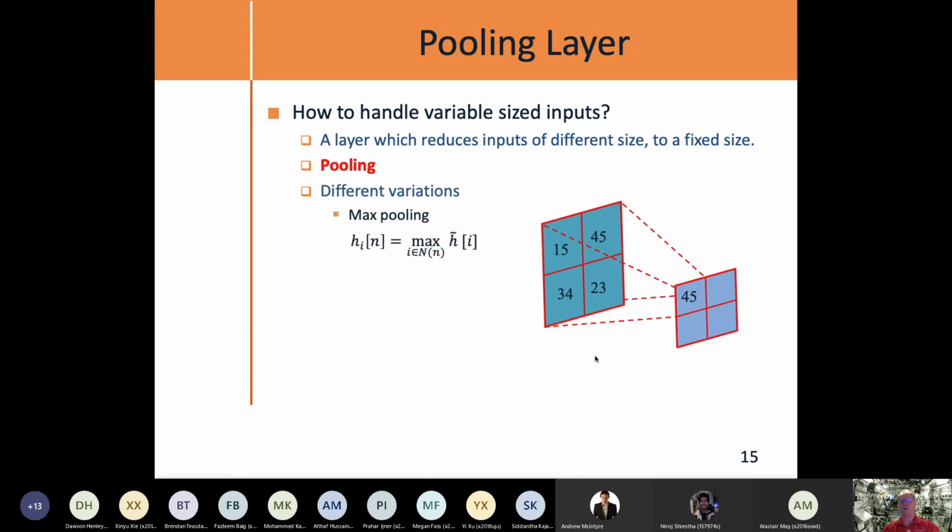And there are some really interesting and simple methods of pooling. One of the simplest is called max pooling, and it scans, again, it's another type of convolution. It scans across the image, and it just looks for the highest value in the image, and makes the pixel in the next layer that value. So you can think of this as looking at a 2x2 region in the image and asking, what's the brightest spot? And I'm just going to, in the next layer, which is a reduction of that image, make this 2x2 area of the original image become just a 1x1, and I'm just going to say it's 45.